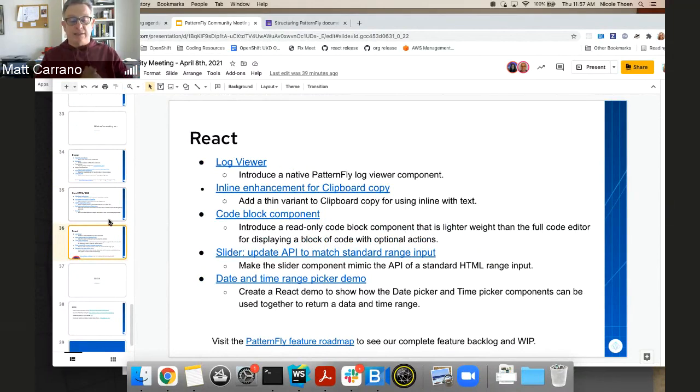So these are all things that you should be seeing coming into hopefully the next release, either this release or the May release. And there's a link there to the complete PatternFly feature roadmap, which shows all of our GitHub backlog and maps those out over, say, the next 4 or 5 releases.